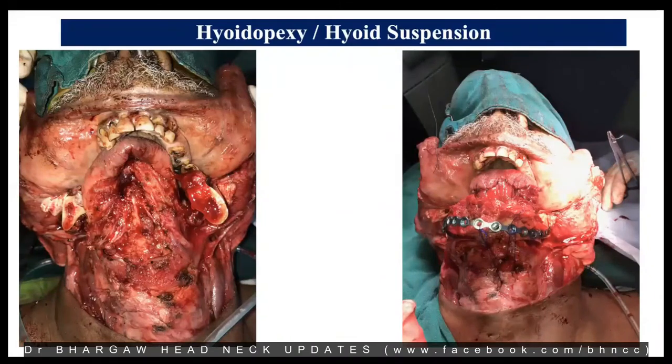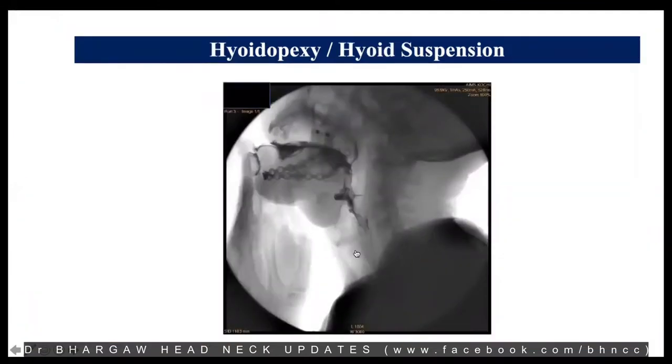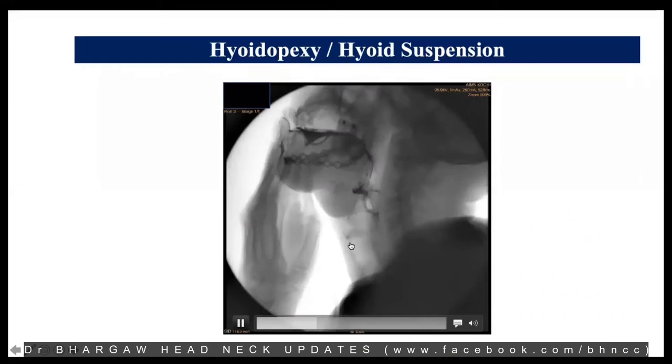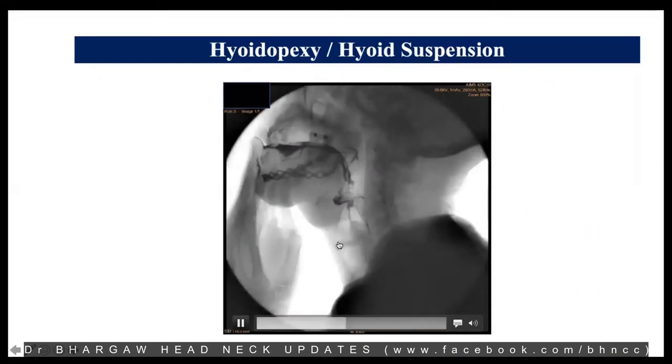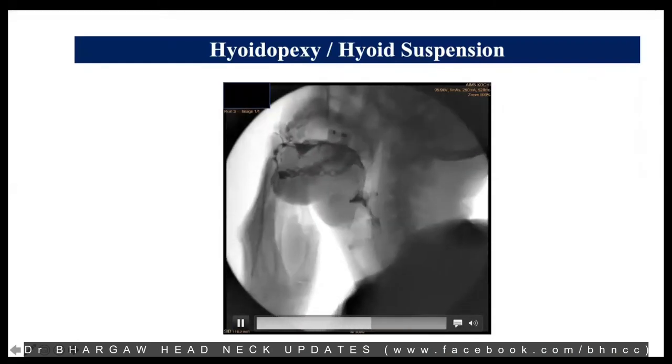I'll come to another slide later on, but this is the hyoid suspension I was talking about. When the surgery involves resecting most of the ventral tongue and the floor of the mouth, especially the middle 1/3 of the mandible, we really need to reconstruct that and also do a hyoid suspension, where the laryngohyoid complex is suspended to the mandible. And you can see after the hyoid suspension how good the hyolaryngeal elevation is. There's no aspiration with this patient.